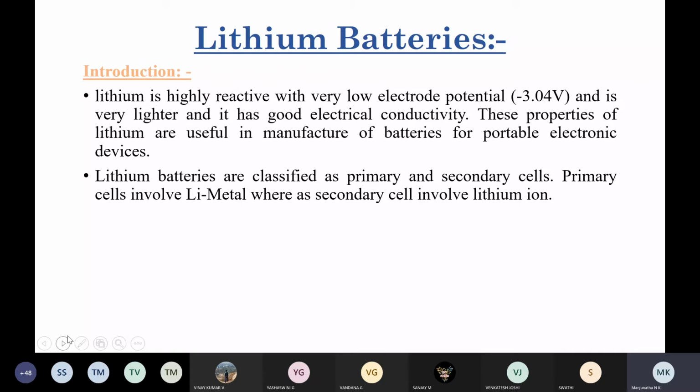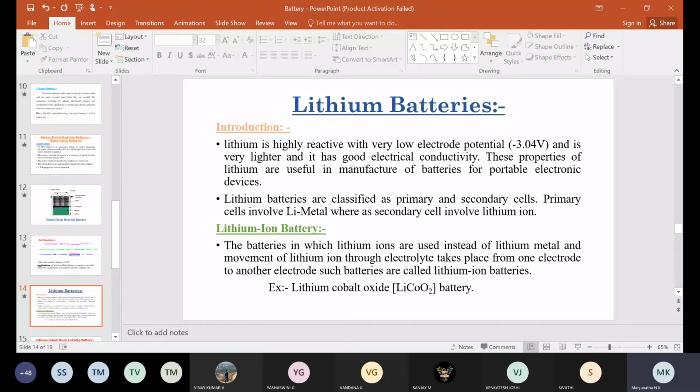In the case of lithium batteries, there are two types. One is primary lithium batteries, another one is secondary lithium batteries. First one, coming to the primary lithium batteries. In the case of primary lithium batteries, pure lithium metal is used as one of the materials. But coming to the secondary lithium batteries, instead of pure lithium metal, there is a lithium